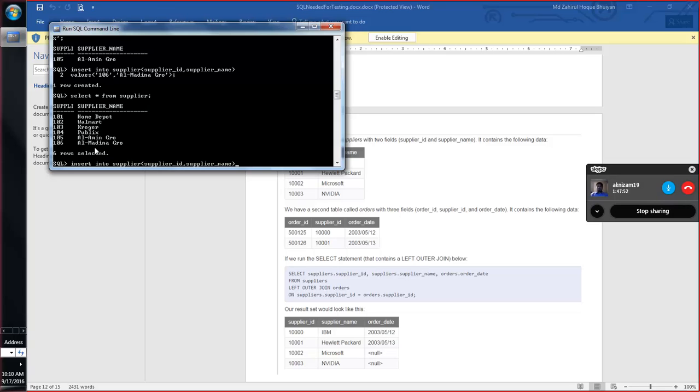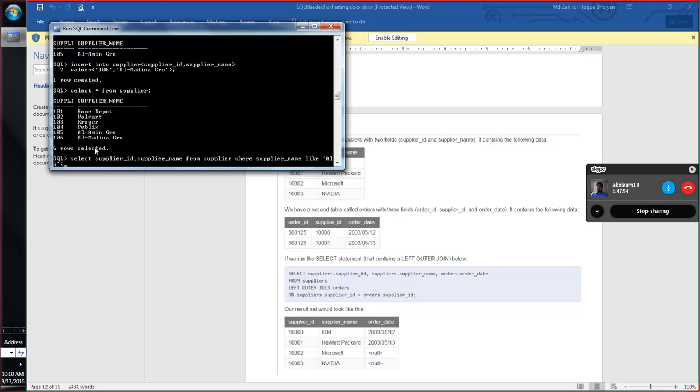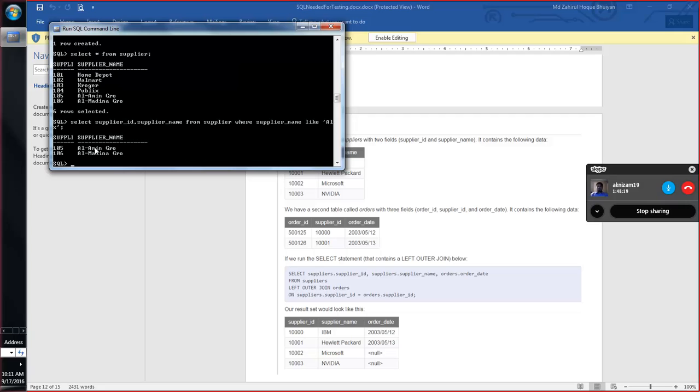So how will you do that? Select supplier ID, supplier name from supplier where supplier name like 'AL%'. What we are saying is, where supplier name like AL, and then it can be any character. Okay, then if you execute it, can you see it brought you